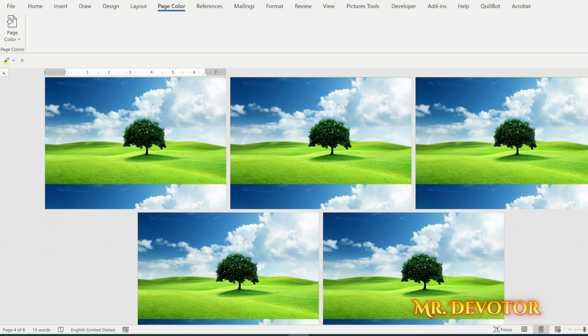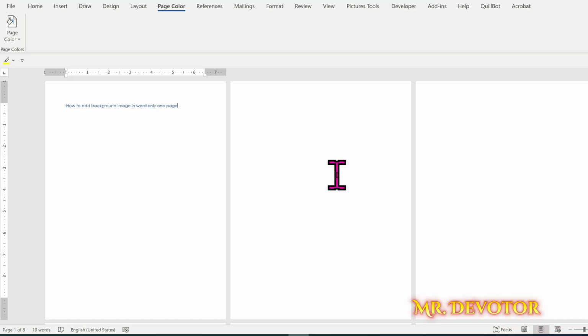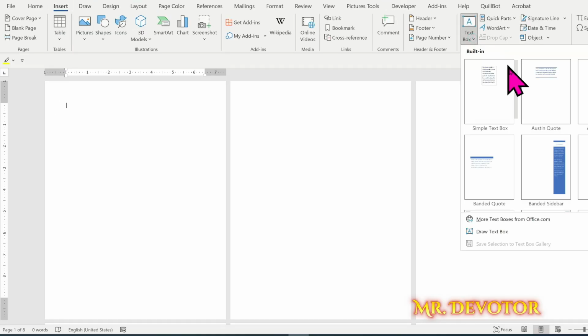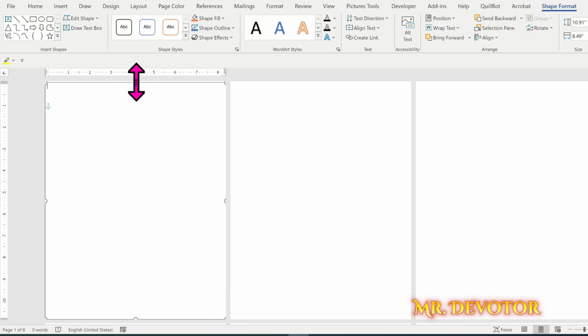But our question is how to insert it on only one page. So let me undo that. For this, you need to go to Insert and click on Text Box, and here draw a text box and insert the text box in the first page